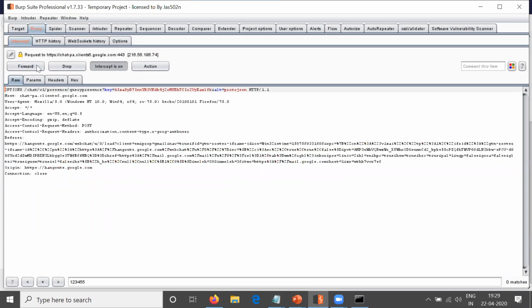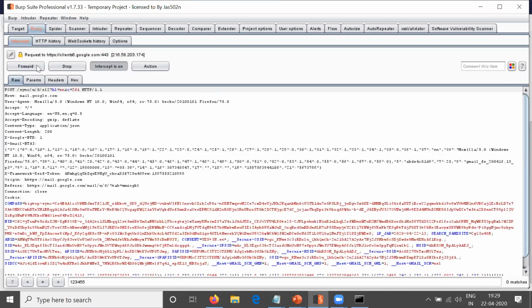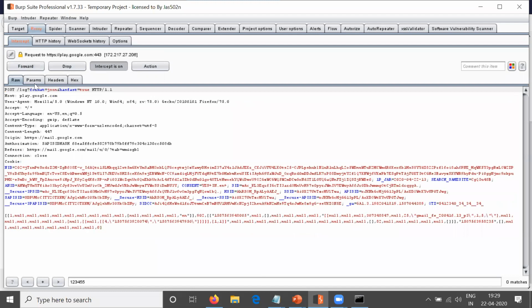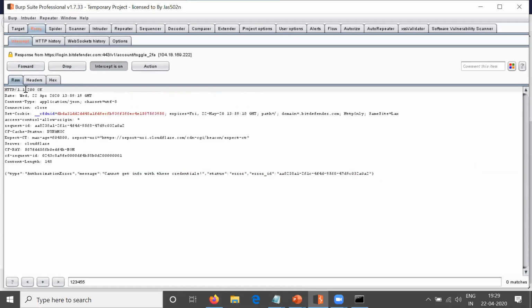Forward, forward, forward. Okay, so you can see here I am getting 200 okay here, but here you can see authorization error, cannot fetch info with this credential. This means that my credentials were wrong.